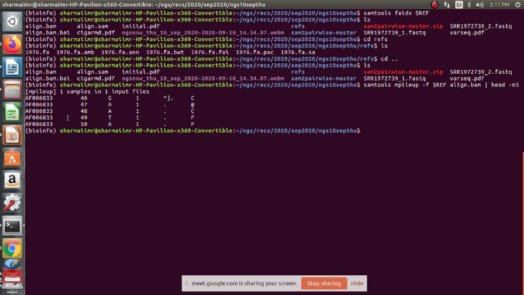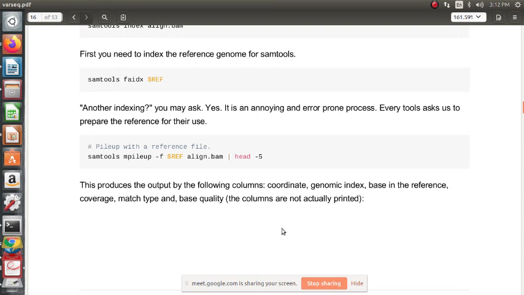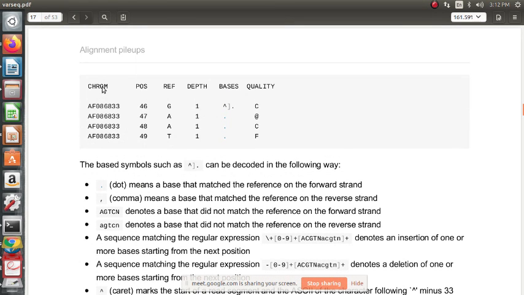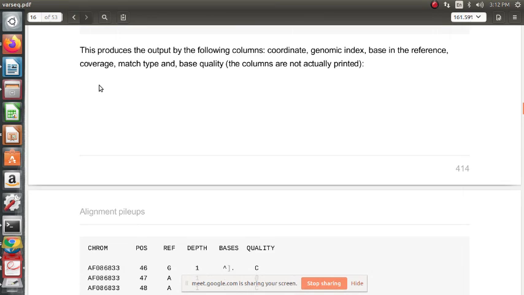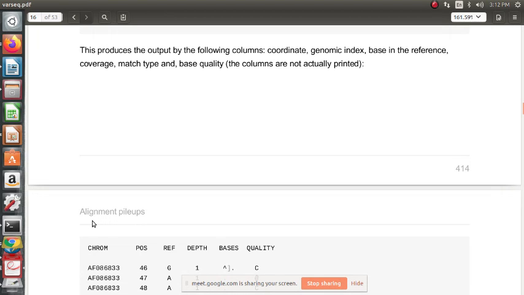So what are the columns? We have 6 columns: 1, 2, 3, 4, 5, 6. So this produces output in the following columns. The first column is the coordinate. The coordinate usually represents a chromosome, and we'll see this.